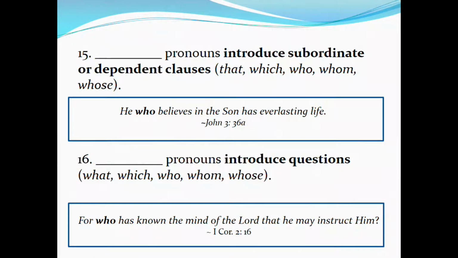Relative pronouns, a pronoun has an antecedent, which is a previously mentioned noun or pronoun or the equivalent within the same sentence. You will learn that they introduce subordinate clauses, and when I teach complex sentences, we'll work more with these in a couple of weeks. So it introduces an adjective-dependent clause. A dependent clause will have a subject and a verb, but not a complete thought. Just a side note, I don't know if I mentioned this last time. As could be a relative too. So just something for you to know.